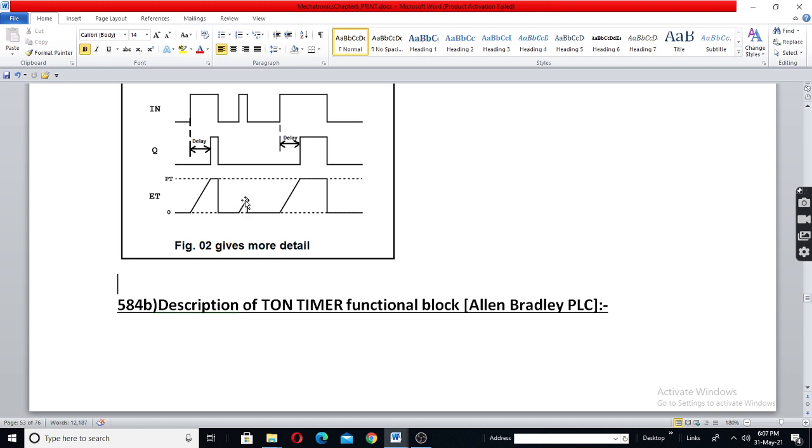Say 1 second is there, no? From there, in the next input pulse, when it comes, it will begin counting directly from 1. This will start counting from here, not from here, not from here. It will count from 1, 2, 3. The output will become high 1 second earlier itself. It means it retains. Retentive timer means it retains the previous count.